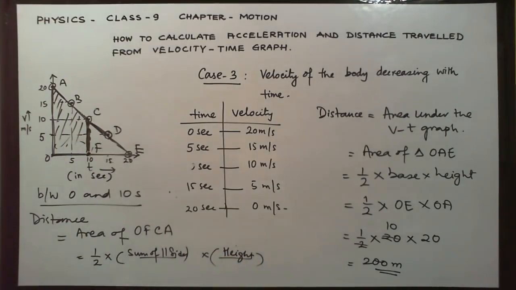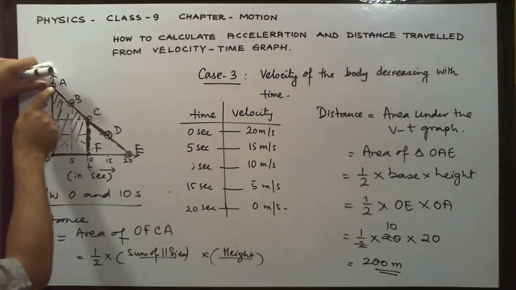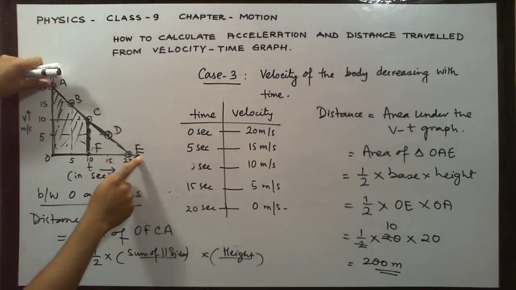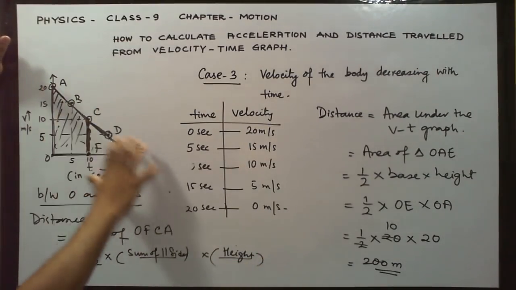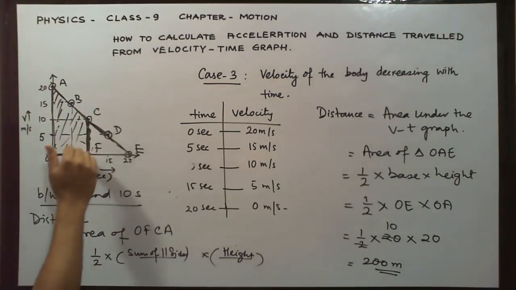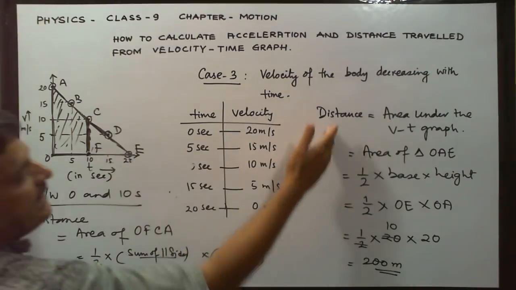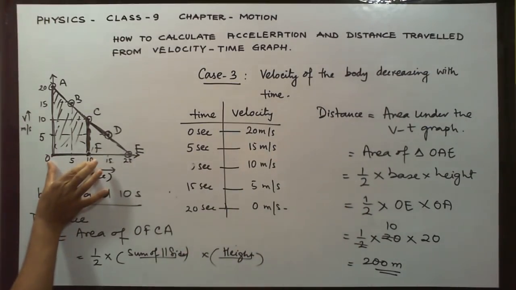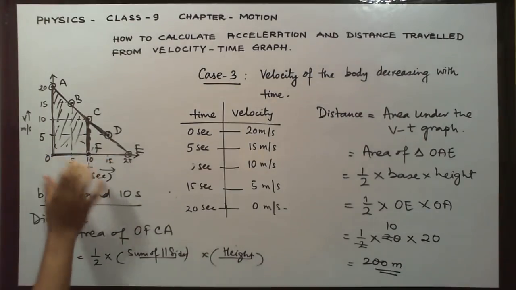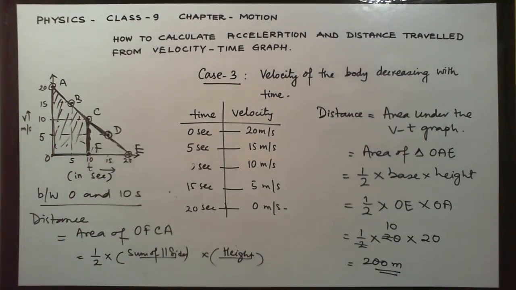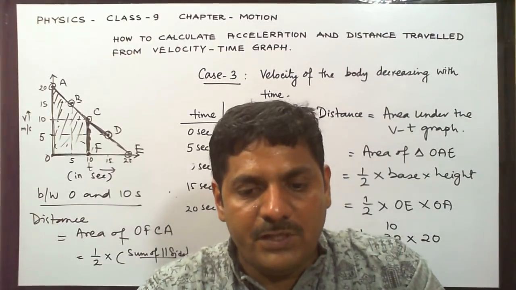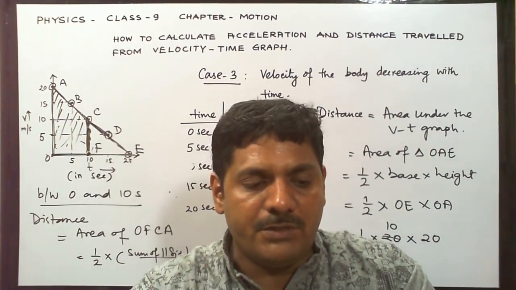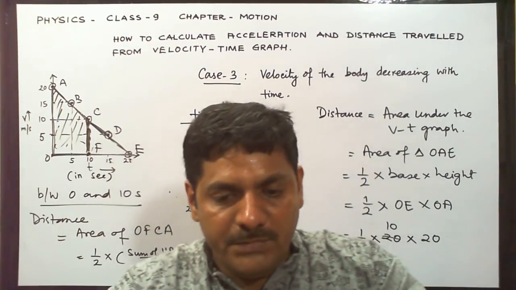So in this graph we calculated acceleration. Here we got negative acceleration. When the velocity time graph is coming downwards this way, it is retardation. But here we can calculate the distance traveled the same way by finding the area under the v-t graph. So here we get a triangle, so we can get the distance traveled. If you want to find out between 0 and 10, 0 to 15, 0 and 5, you can easily find out by closing the graph with the time axis. Okay, so in these three cases we talked about the process to calculate the acceleration, and the process to find out the distance traveled from the velocity time graph.